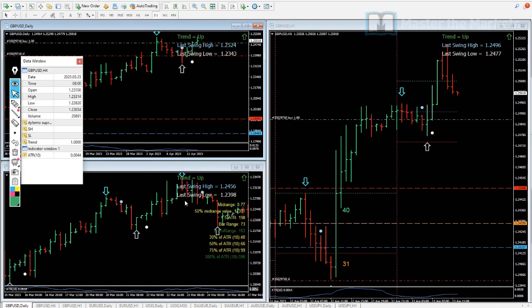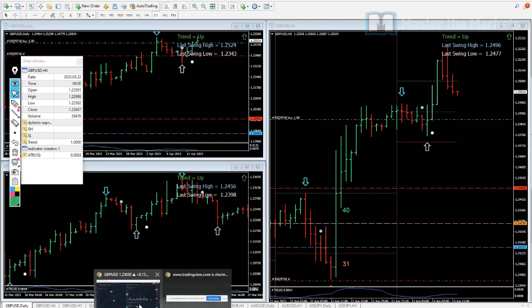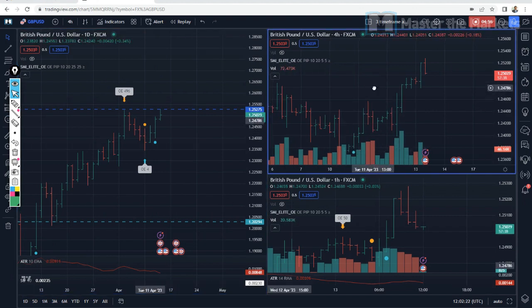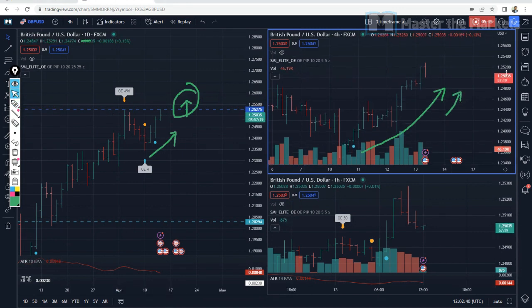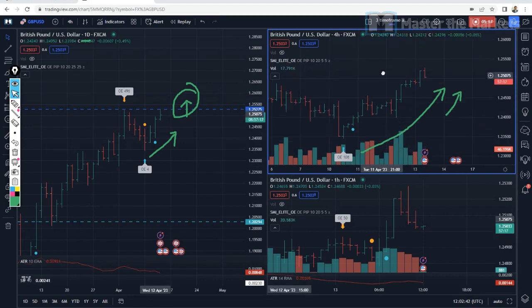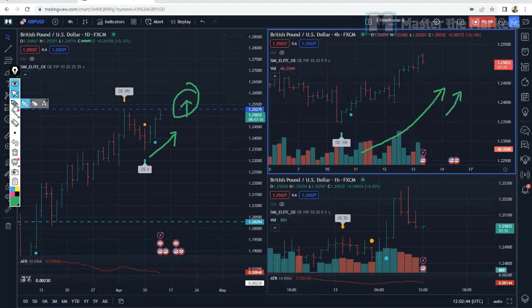Now, in terms of our cable position over here, let me just take a look. So what we are looking at is the daily. This is a bottom to top move, so towards the upside. So I got my direction from the daily. In terms of the 4 hour, it's also a bottom to top move as well, so it's still towards the upside. The only concern though on the 4 hour, traders, is that it's quite extended